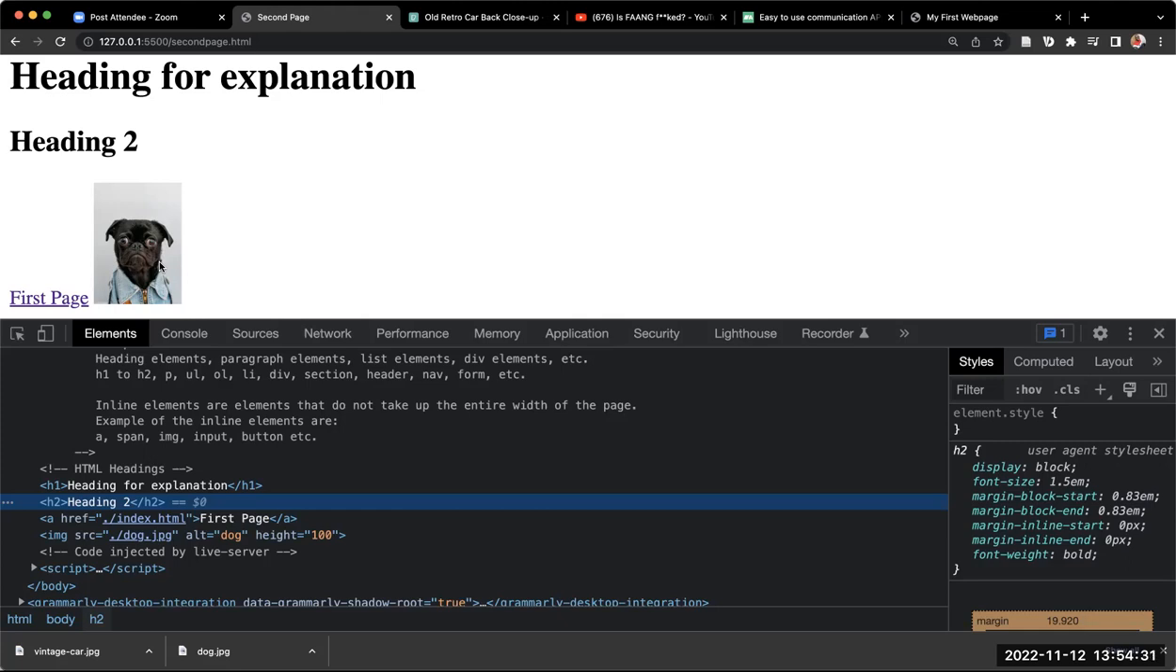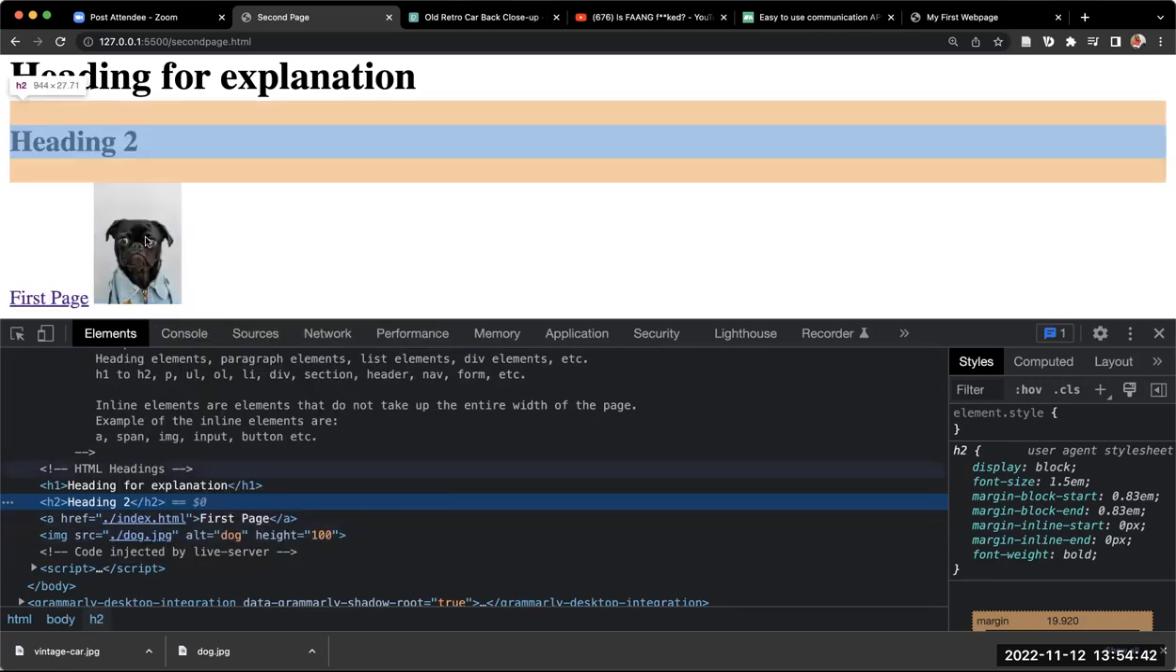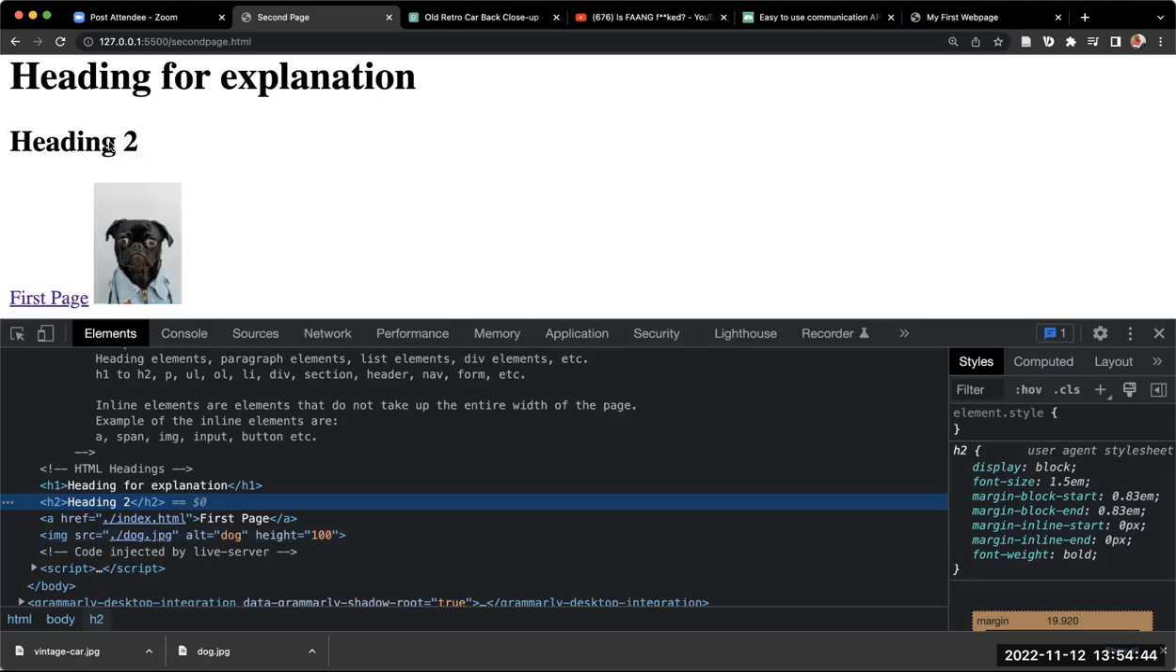That's right. So the image is what? An inline. So they are all in the same line. So I come here, it takes its own small space. The link takes its own small space. But the headings, the ones I've listed already, they are what? The block level